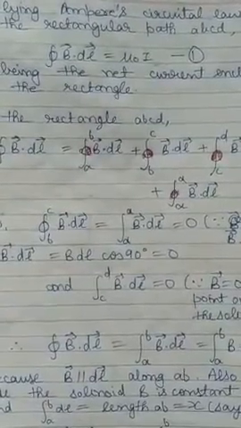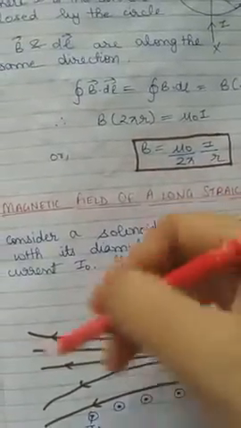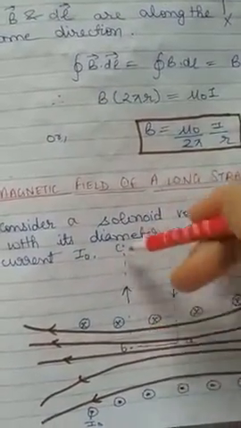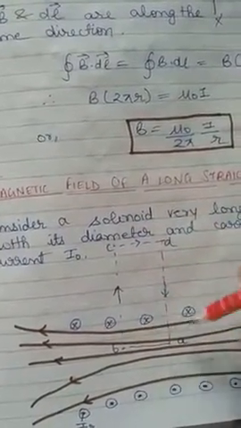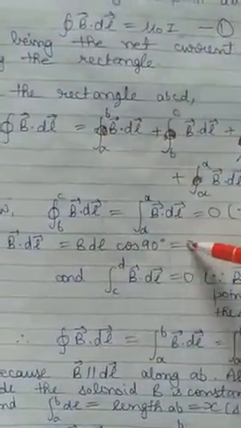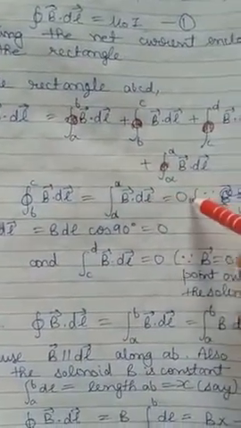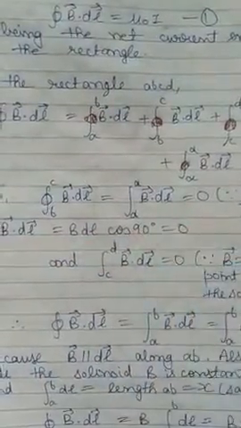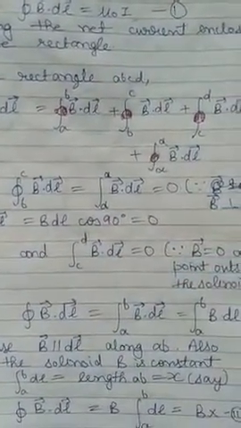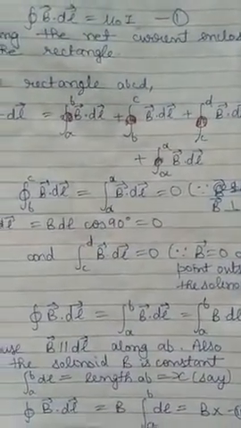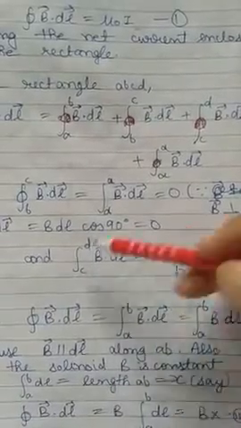Clear? Now as I told you, since CD is quite far from this solenoid, the value of the magnetic field for this part will be 0, and BC and DA are perpendicular to the magnetic field. So in this case B dot DL, that is B DL cos 90, will also be 0. So the integrals from B to C and D to A of B dot DL will be 0, since B DL cos 90 is 0. And C to D is far from the solenoid, so we can say that outside the solenoid the magnetic field is 0, so this value will also be 0.